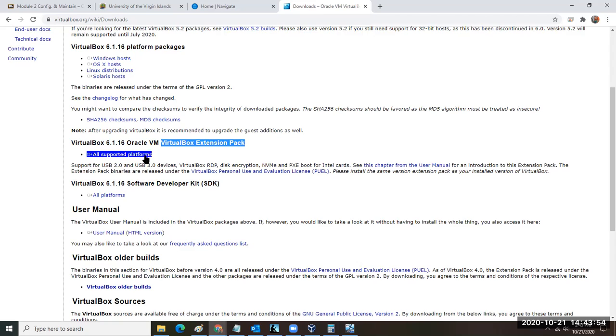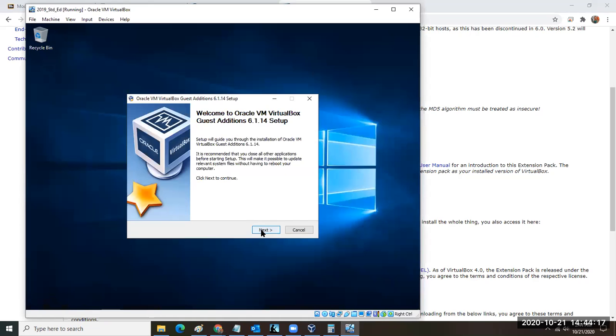So when you download the extension pack, now you have the guest editions disk. Until you download the extension pack to install as an add-on for the VirtualBox software, you won't have that option, right? So I'm going to go ahead and say next,